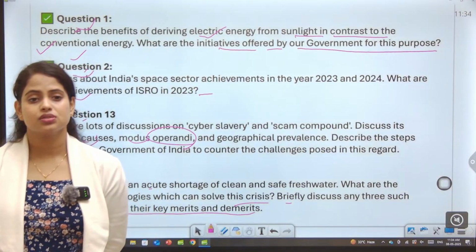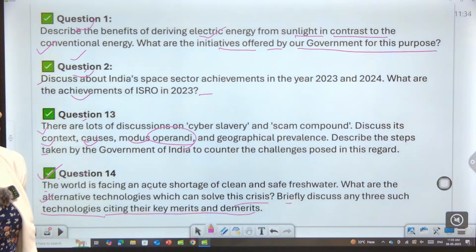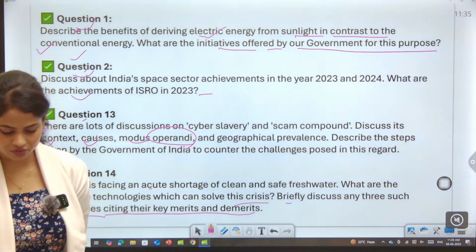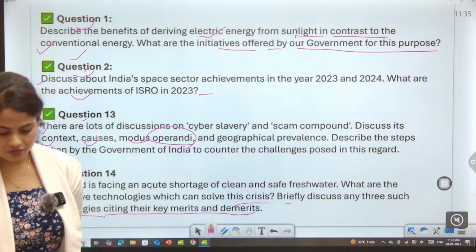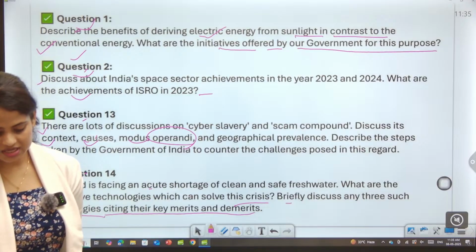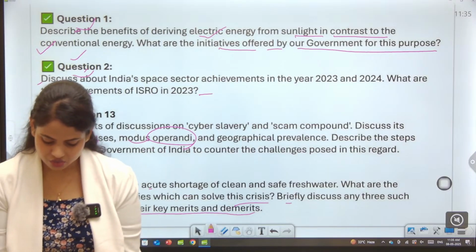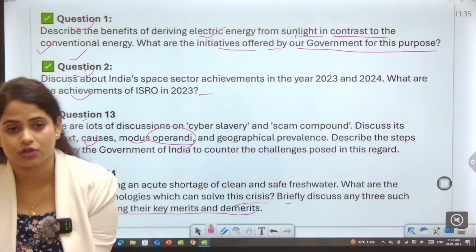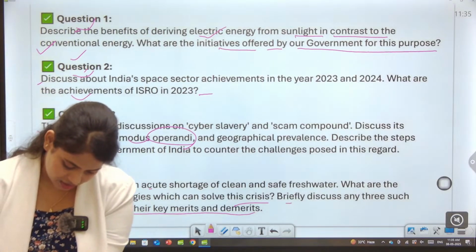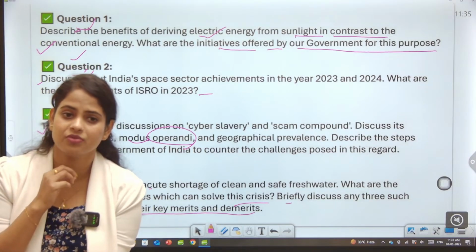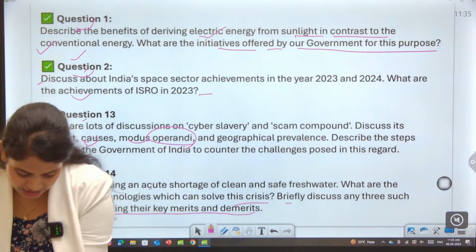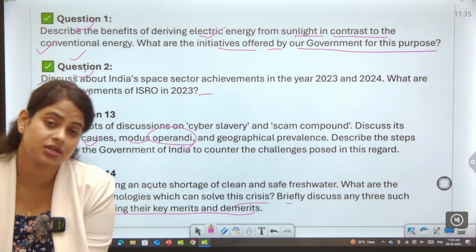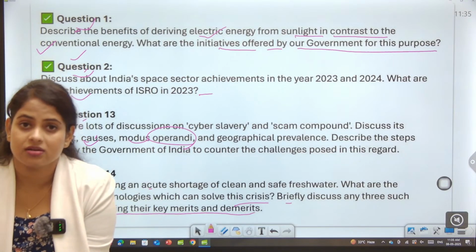Okay guys, this is all about your preparation. If you want to prepare well for the examination, firstly you have to cover the major scientific breakthroughs and the running stories in the field of science and technology. And if you have a good grip on the static areas of the syllabus related to current affairs, then you can achieve a good